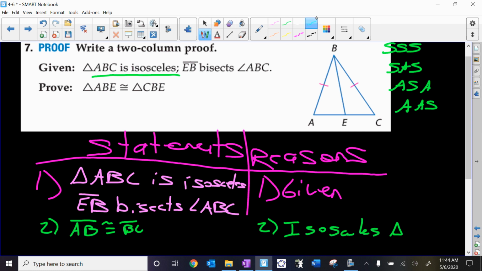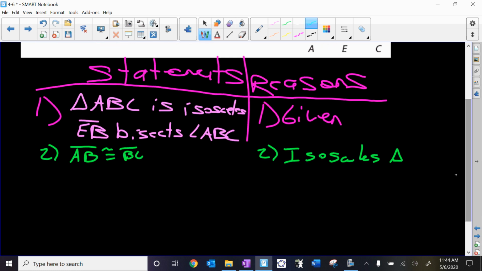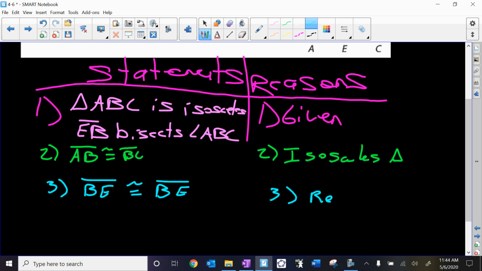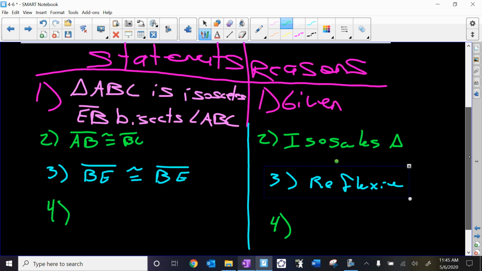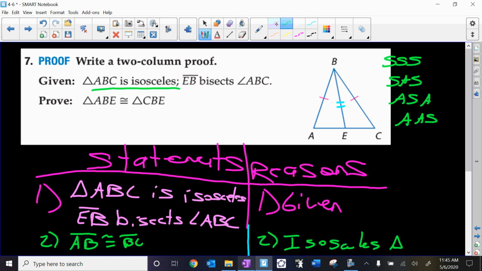Let's go to something else. We see that BE is part of both triangles, so we can state that BE is congruent to BE by the reflexive property, and one more now. I have 2 sides, which automatically takes out the ability to use angle side angle and angle